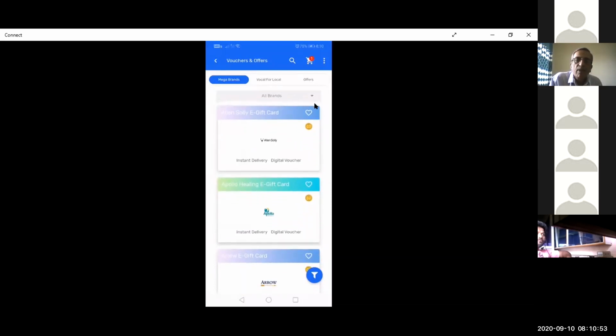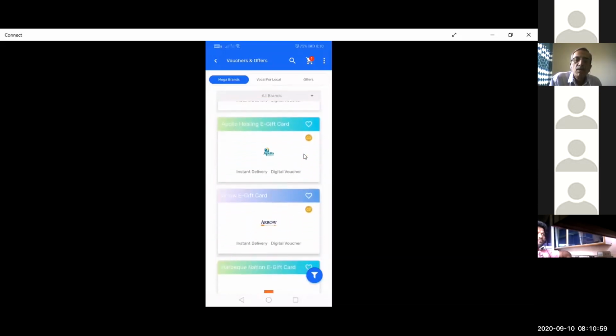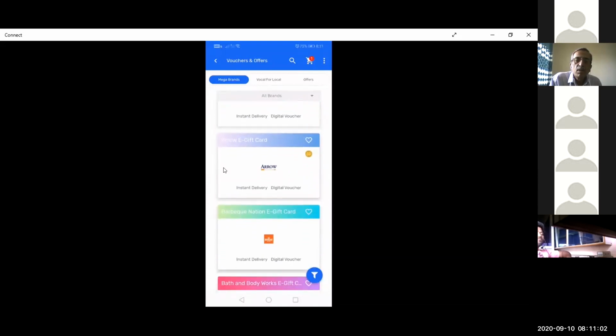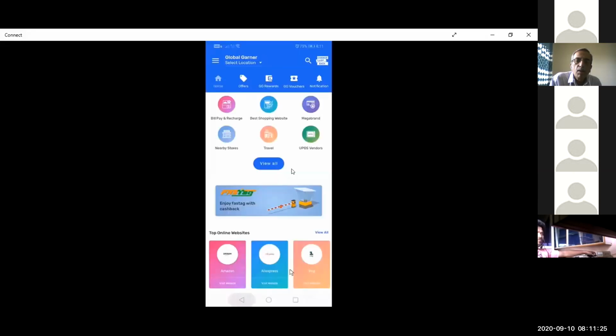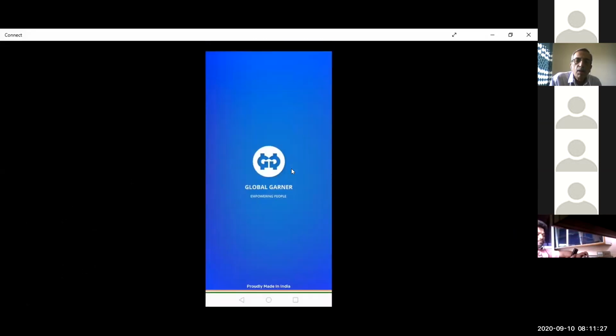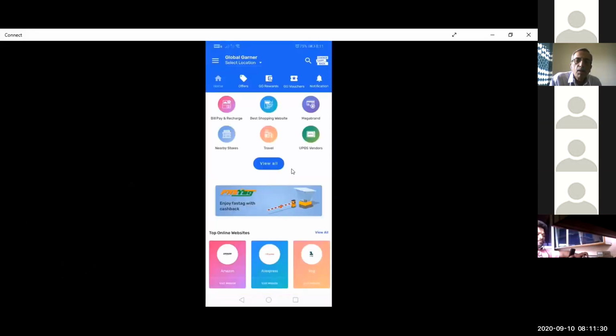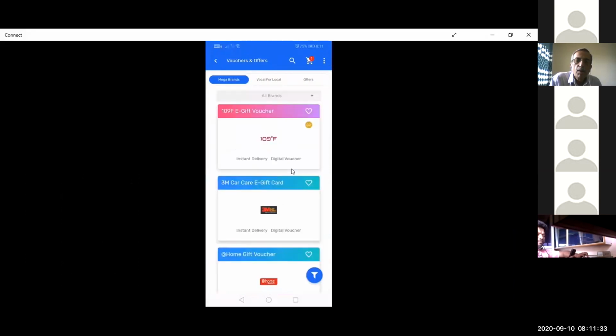So whenever you're going to all these offline brands or showrooms to shop any product through these brands, what you need to do is buy their digital vouchers, their gift vouchers. Now there are two kinds of vouchers available here. One is digital, another is physical. A digital voucher is a kind of digital code. Whenever you buy this digital voucher, you'll get a code in your application and on your registered email ID, right? And in case of a physical voucher, you'll get a gift card through courier, which you can use on these brands as a gift card, right?